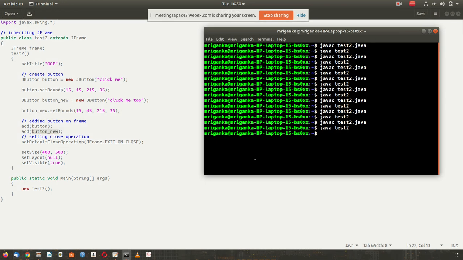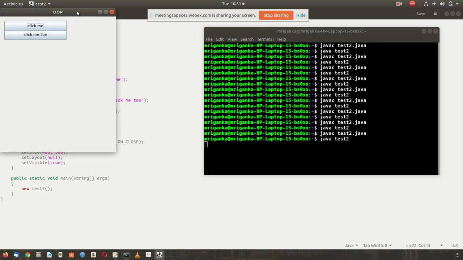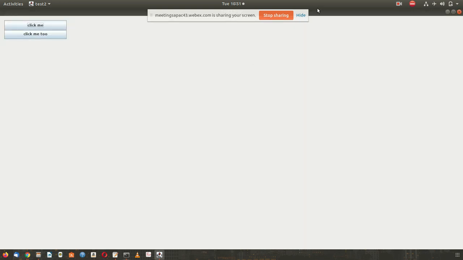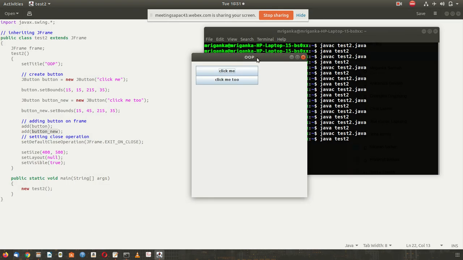So now it will come, click me and click me too. Two buttons have been added. The text is there, so you can change this, and the size is changing.